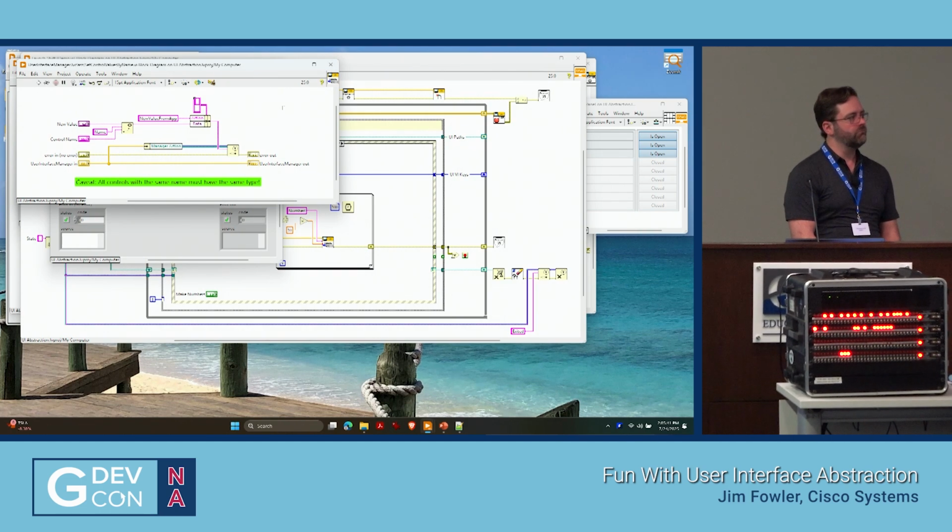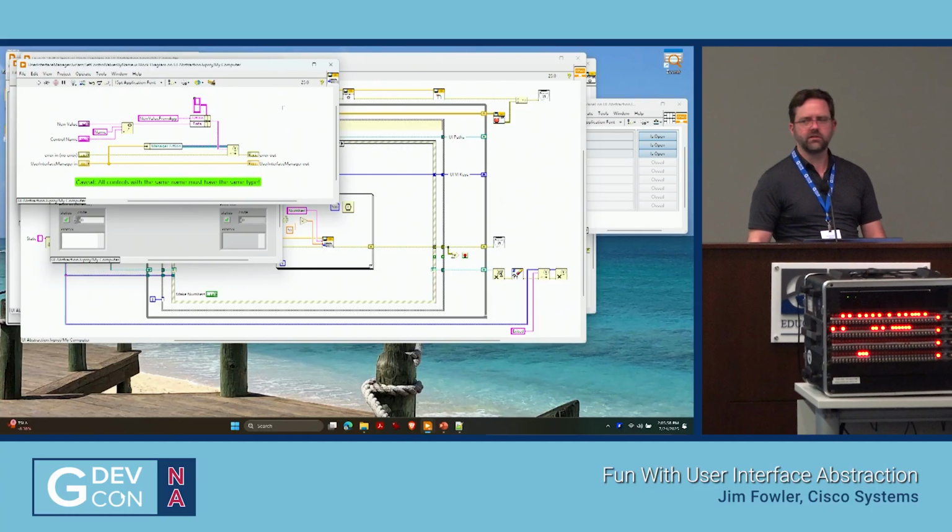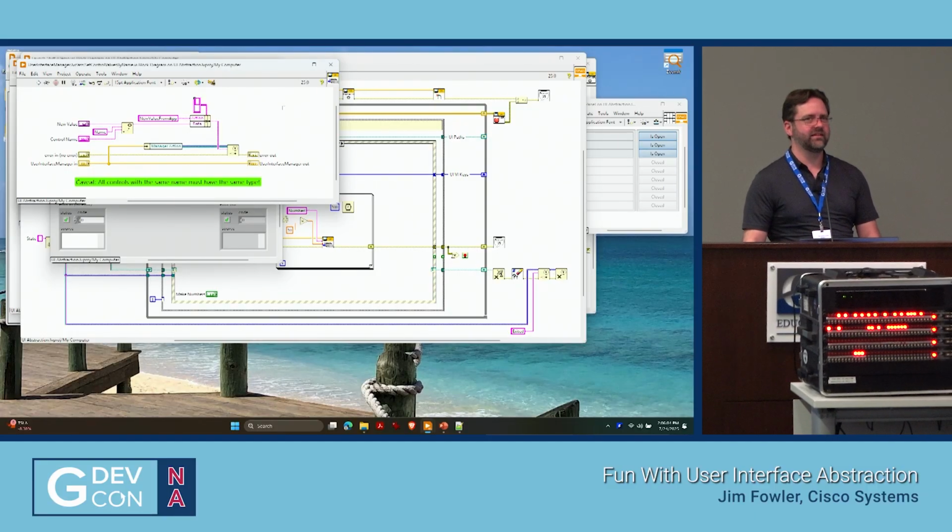So, pardon my ignorance here, but the function that this whole thing hinges on, the update control by indices, is that what it was called? What version of LabVIEW did that come up in? I mean, has it been there forever? No, it wasn't there forever. I think it was 13. It was definitely in 15. I saw it in What's New in LabVIEW. I think it was 2013.